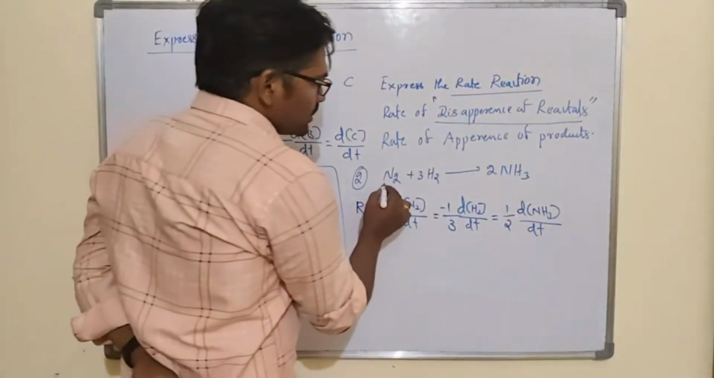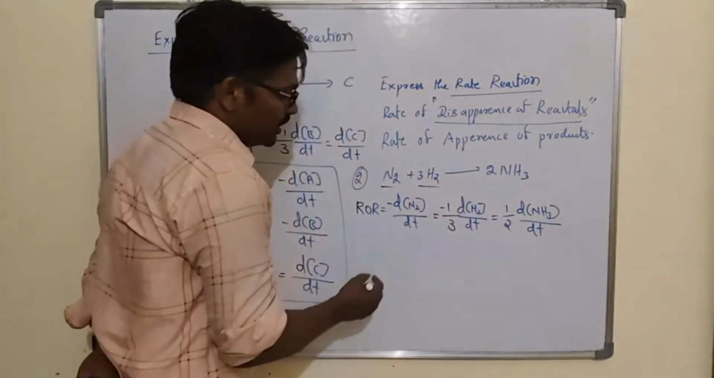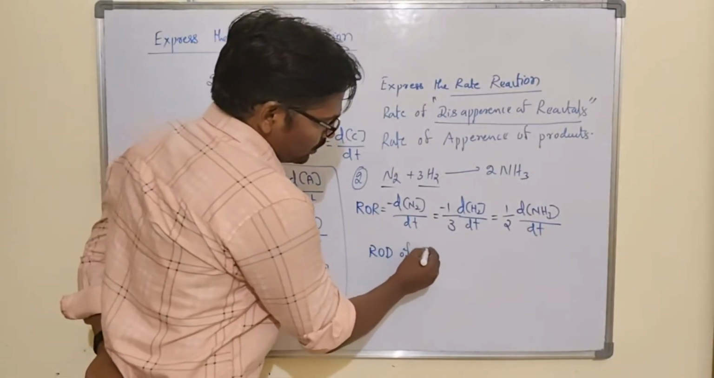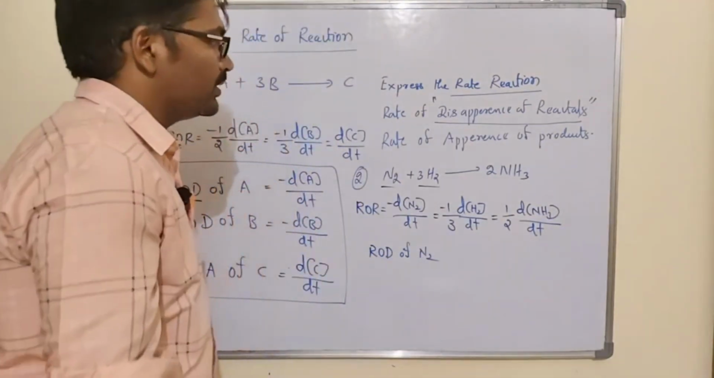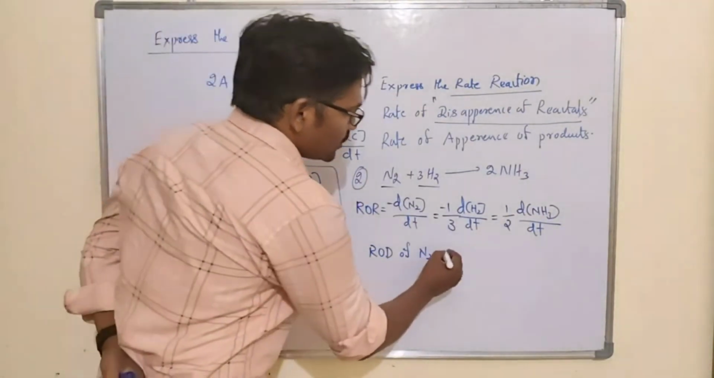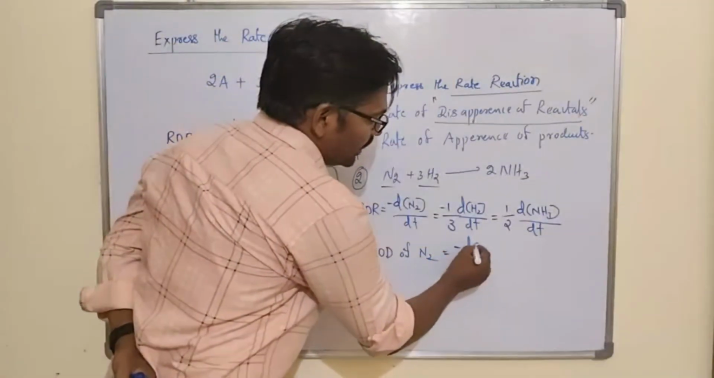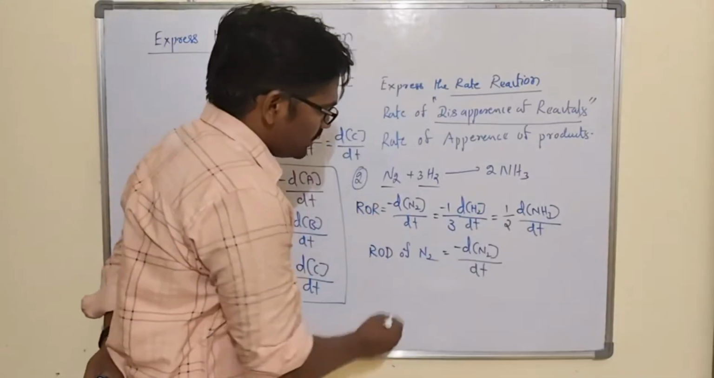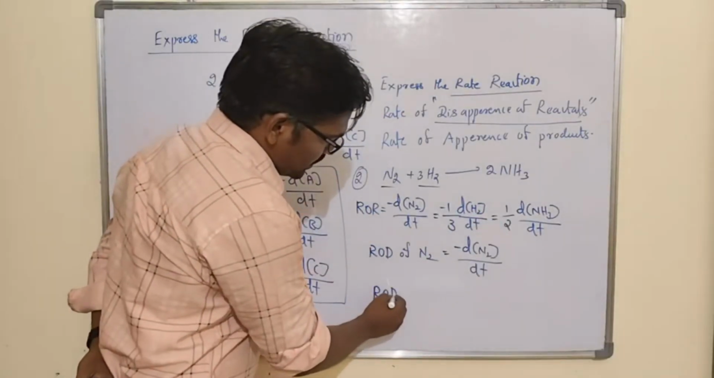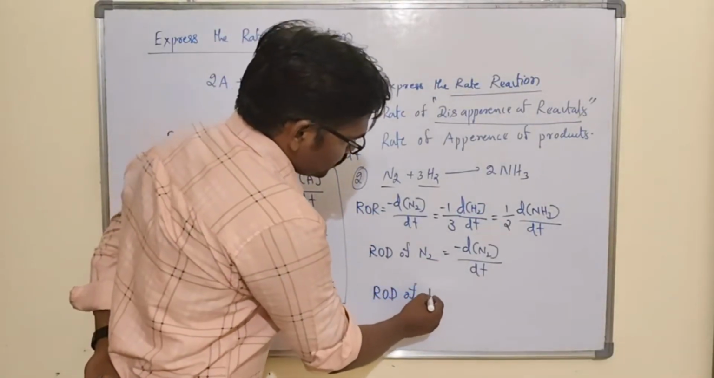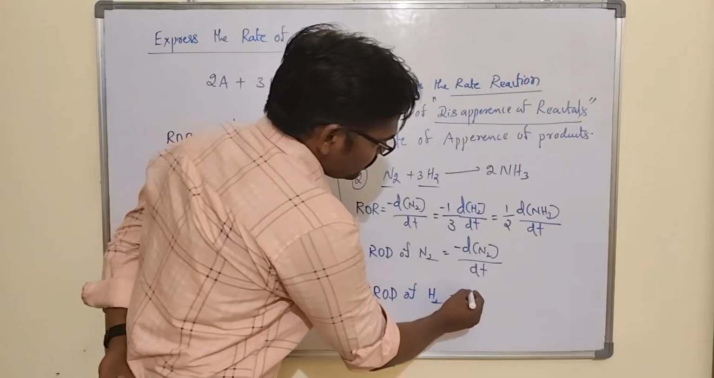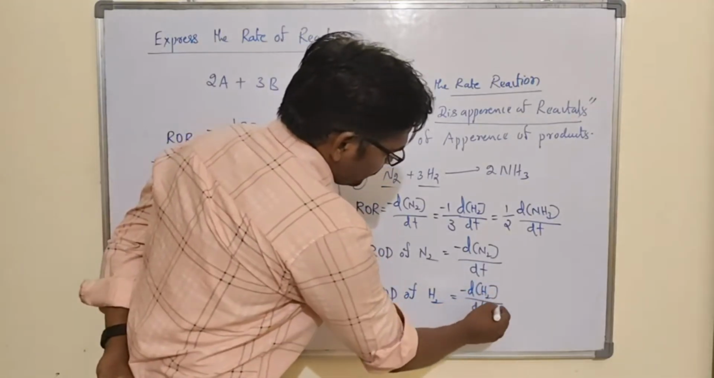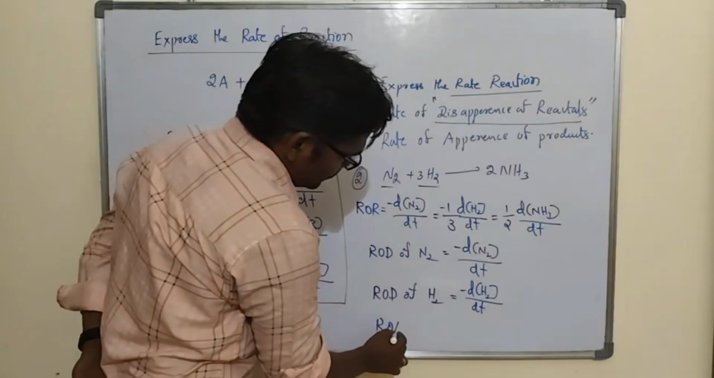So now we have to discuss the rate of disappearance of N2 and H2. Rate of disappearance of, say, N2. So minus dN2 divided by dt. It does not depend on the stoichiometric coefficient. So rate of disappearance of H2 is equals to minus dH2 concentration divided by dt. Then rate of appearance of